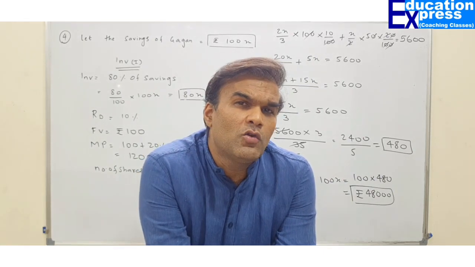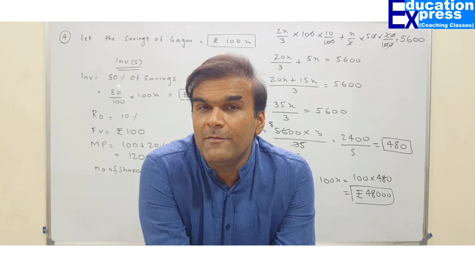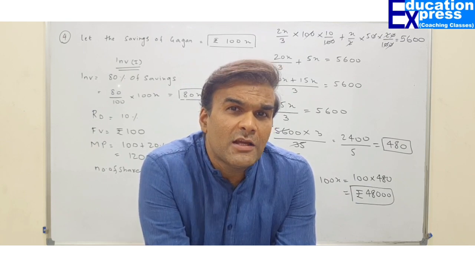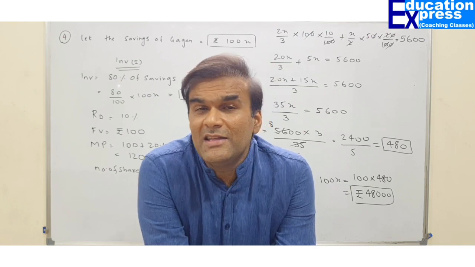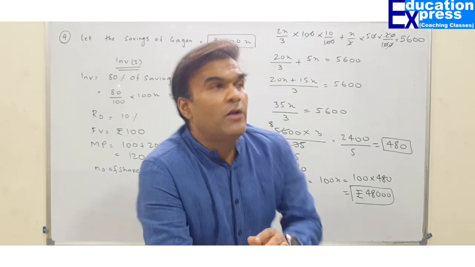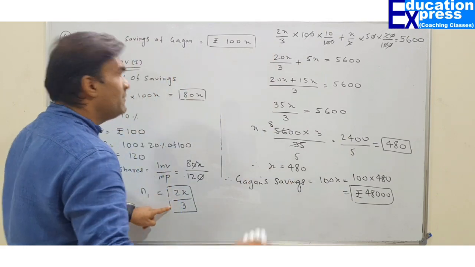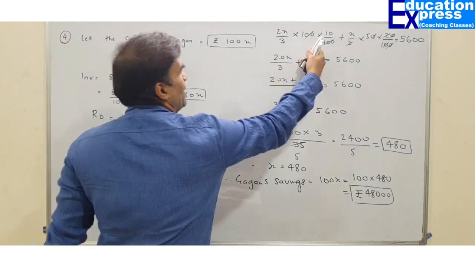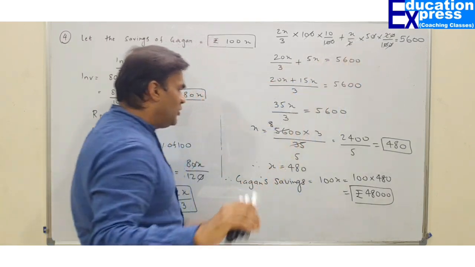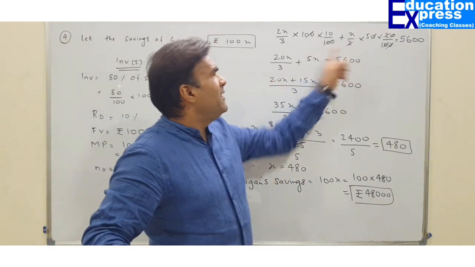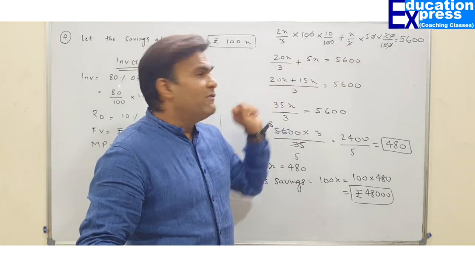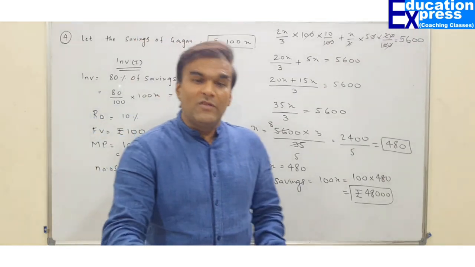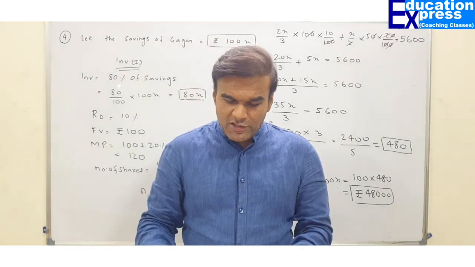It was given that the total income received, that means the total dividend from both the investments, is 5,600. What do you mean by income? Income means dividend. Dividend is number of shares into face value into rate upon 100. Number of shares available, face value available, rate of dividend available. Same way we did for the other also, the second profile of investment. This is a simple linear equation. I found the value of x, which was 480, and then I got to know the savings of Mr. Gagan. What is the question asked?